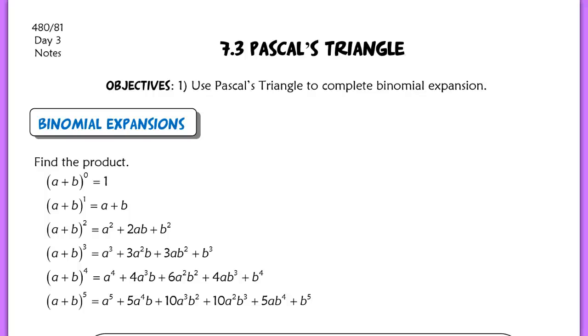This lesson is for section 7.3. We're going to be taking a look at Pascal's triangle and using that to complete a binomial expansion. So that's our main objective. So first we have to talk about what a binomial expansion is, and then we'll talk about what Pascal's triangle